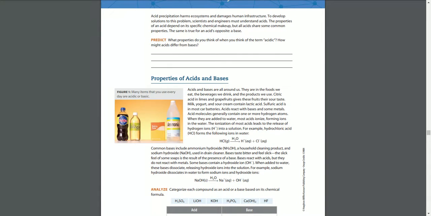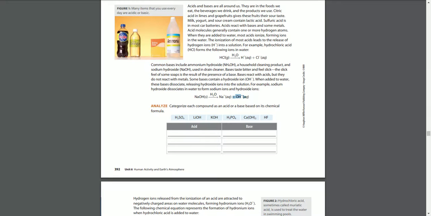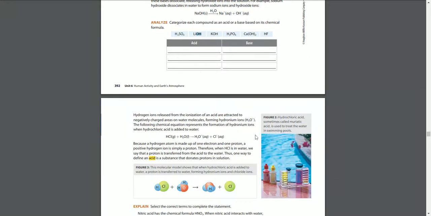All right, so here are some examples where you have an acid like HCl, and it's giving away an H+ when it's reacting with water. That's what makes it an acid. Whereas NaOH, sodium hydroxide, is creating hydroxide, which is a base. A lot of times if there's an H in front of the chemical, that's a good clue that it's an acid. And if there's an OH at the end, that's a good clue it's a base because it's going to be able to create hydroxide